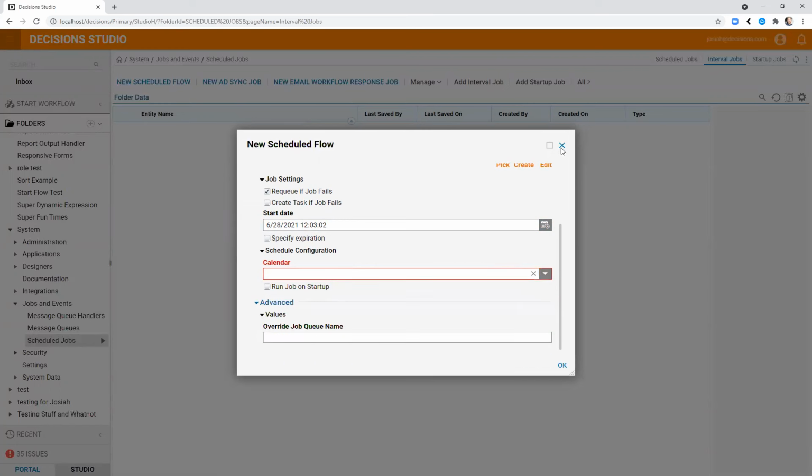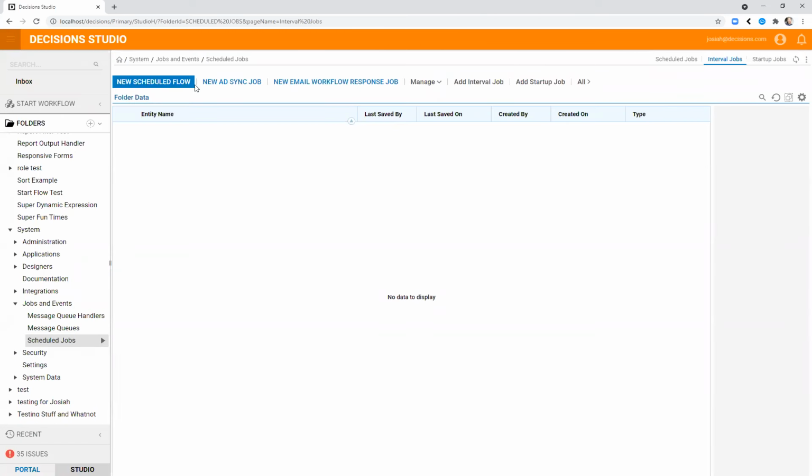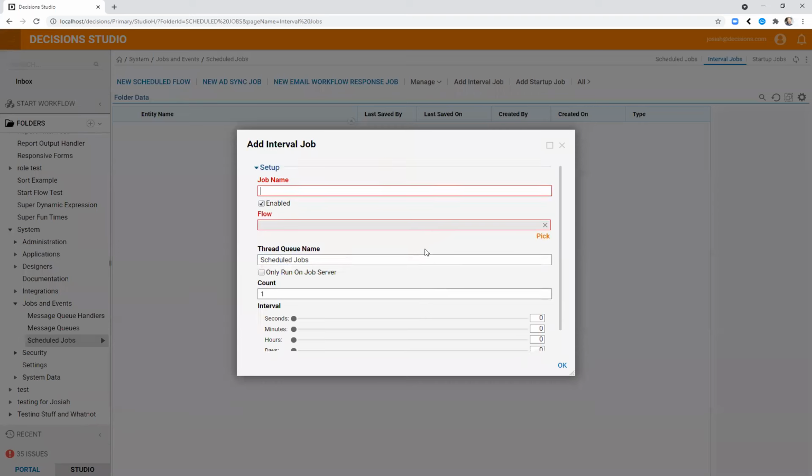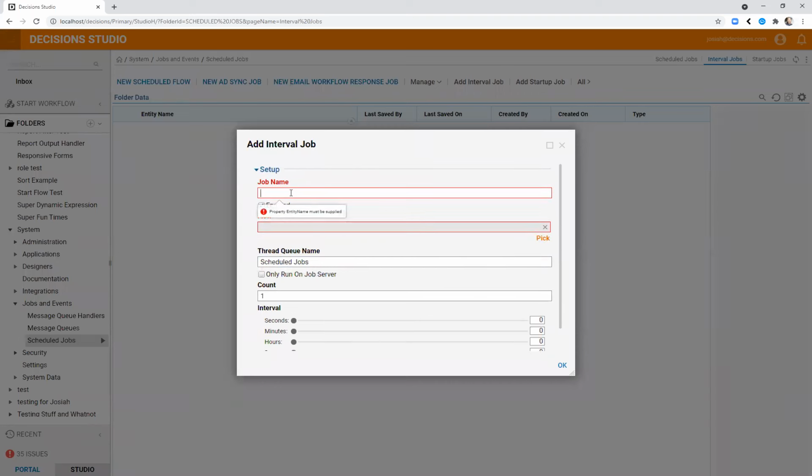Actually, hang on. I'm clicking the wrong button there. I don't want new scheduled flow because that's just a regular scheduled job. The thing here is the interval job. You'll notice that the setup is a little bit different. So here I'll say